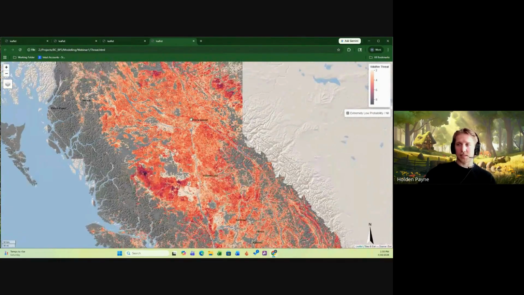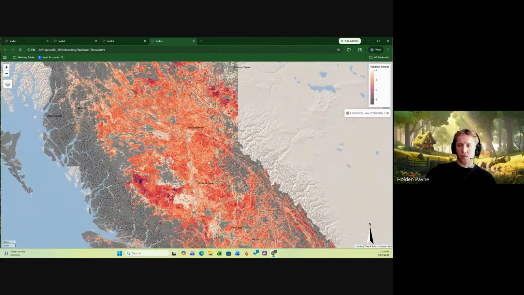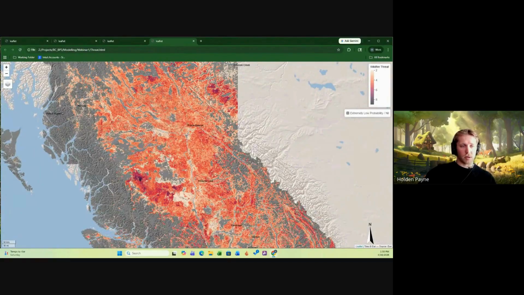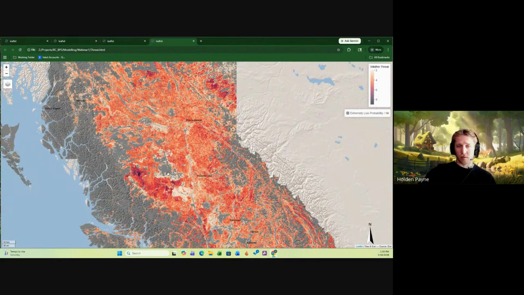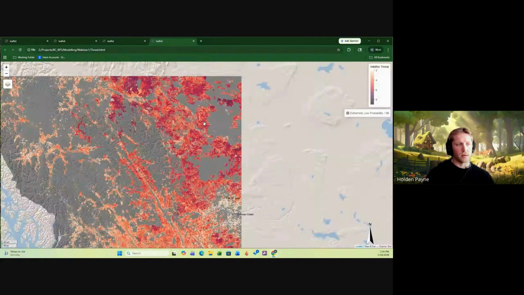I think it is pretty consistent with how we would expect fire should behave in BC. And so kind of our key takeaways for our wildfire threat was that the Chilcotin Plateau is largely the highest wildfire threat and largely driven by high burn probability. So moderate to extreme fire behavior, but a lot of fire happening and frequently, and a lot of overlapping burns. And the Northeast are high threat as well, like I talked about earlier. Pulling apart these pieces of the model and deciding what's driving what can help us better understand how to respond to this.